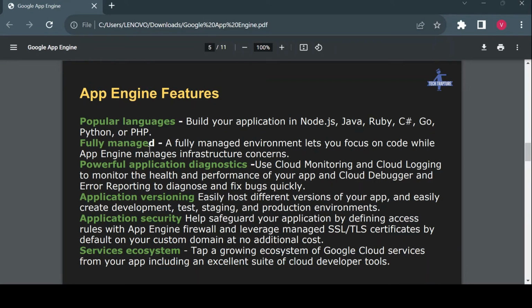There are some features of App Engine, but we won't go into detail on these features right now. First we'll go to our cloud console, create one App Engine environment, and see how we can deploy the services. Then we'll come back and look at what these features are and explain them in a practical way. So I'll go to